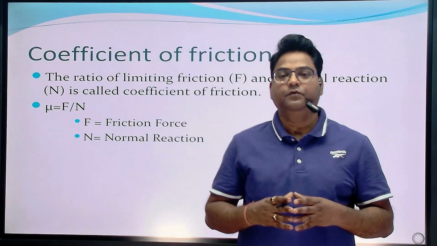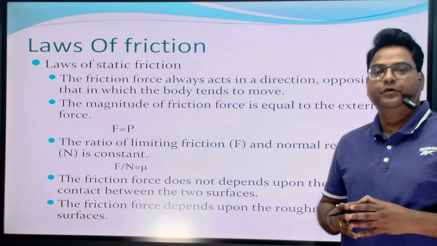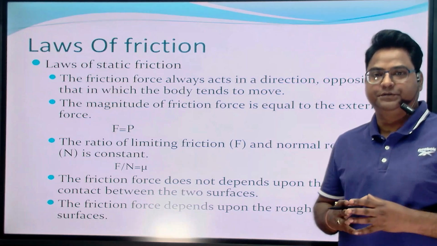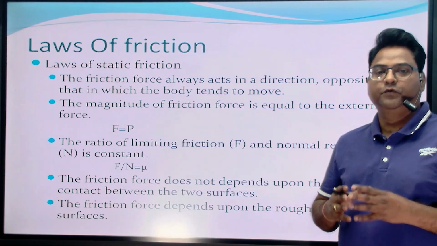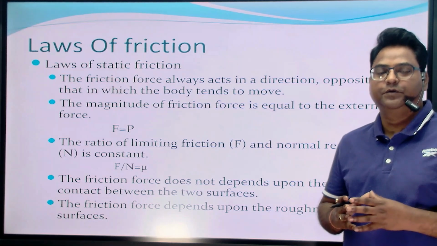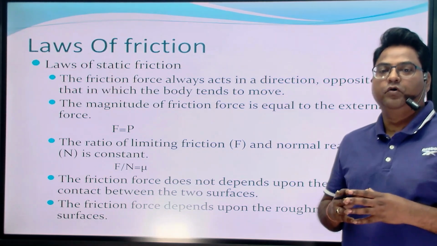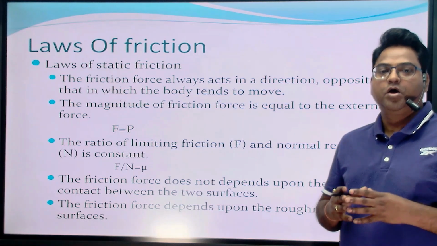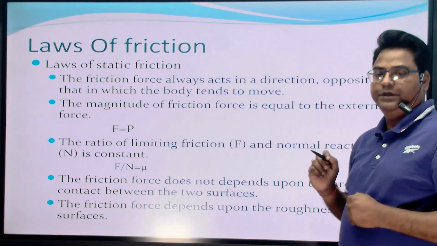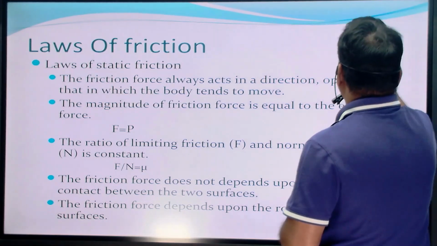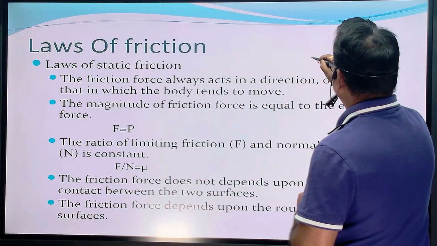So we have one formula, that is mu is equal to F by N. Now we are going to study about laws of friction. First of all, we have to study about static friction. The first law says that the friction force always acts in a direction opposite to that in which the body tends to move. In the sense, when the body starts moving, a static frictional force acts in this